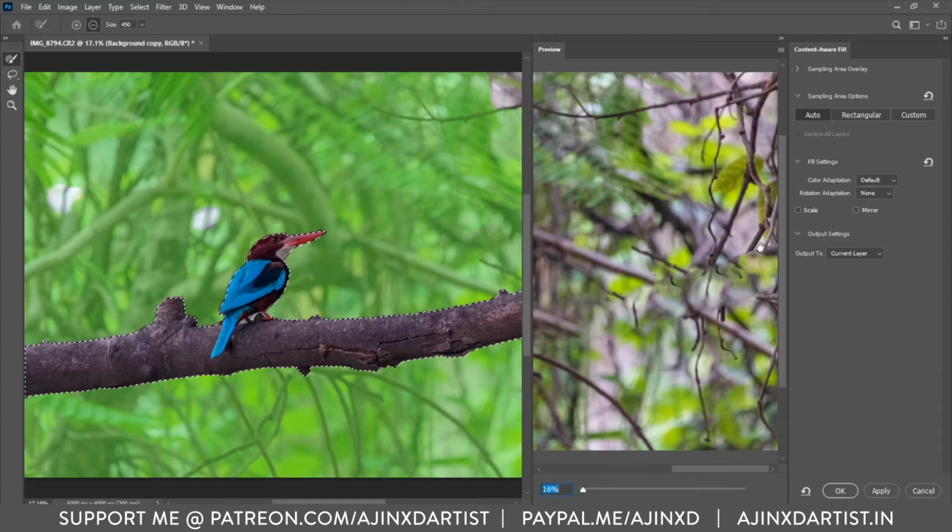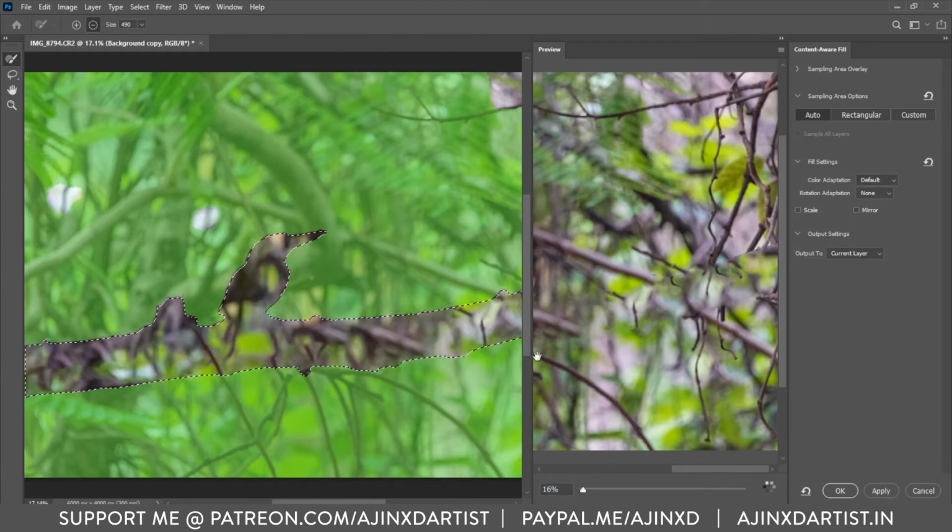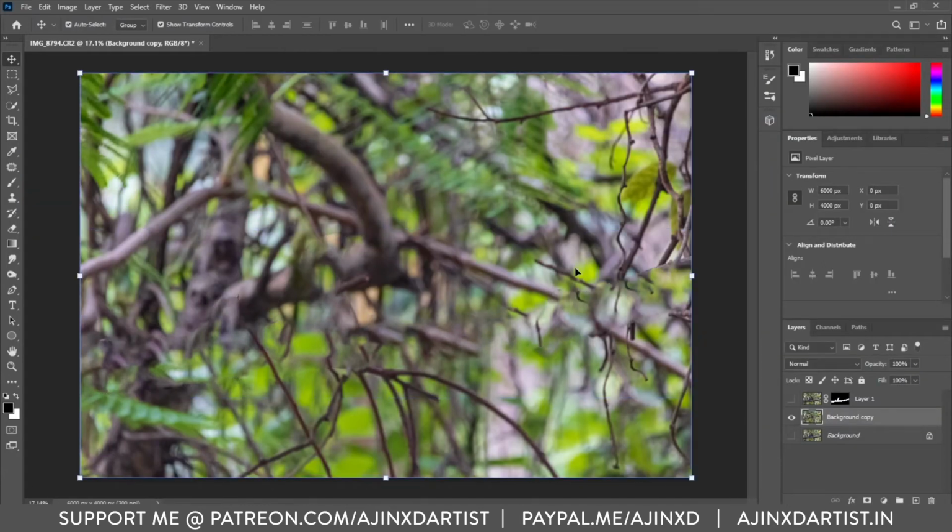As you can see here, our selection has completely merged in, and now we have managed to separate our subject from the background. This is a very important step if you want to further blur out the background entirely. If you keep the subject in the base layer, then the edges also get blurred and you start seeing that in the final image. So it's always better to remove your subject from the base layer. This step is not important, but you can use the clone stamp tool to further edit whatever the content aware tool has done.